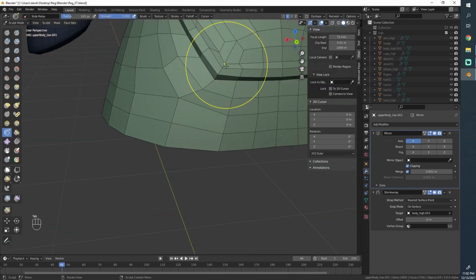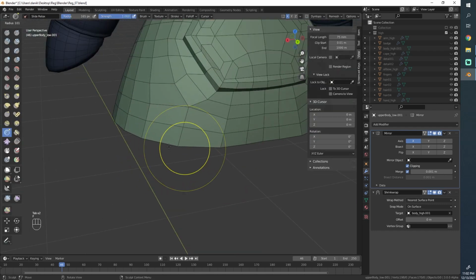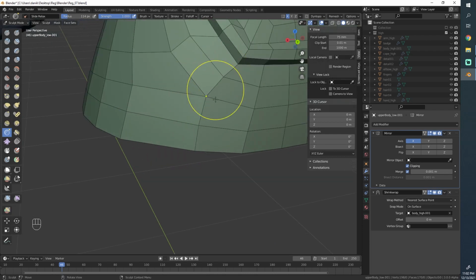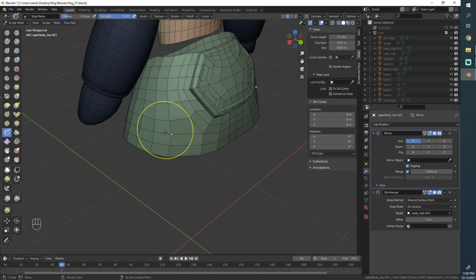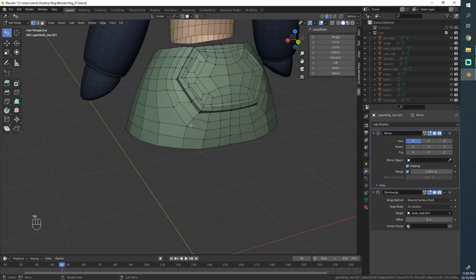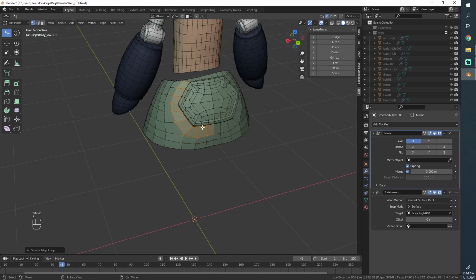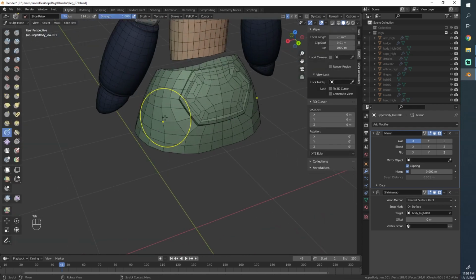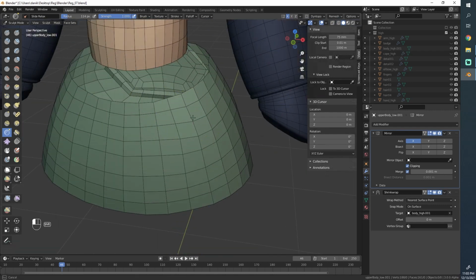I kind of wanted this point to line up with this line here. If you have these sort of imperfections in your mesh where different patches intersect, I like to line them up instead of having them in different places. It's just one way to help keep it all smooth and symmetrical. You can decide to have this loop or not. Maybe I'll delete it, it's a bit too much in my opinion. And now we go and smooth out the rest.